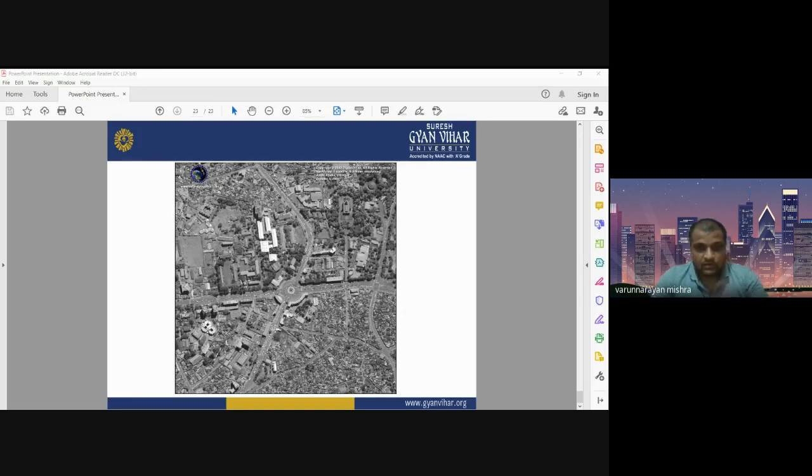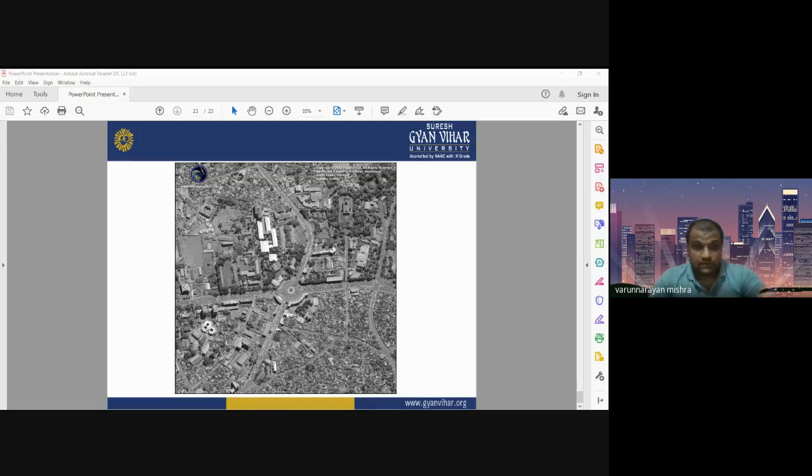So that's all about the topic of today's lecture, that is urban planning and urban mapping and the role of high resolution satellite images in urban planning and urban mapping. Today we have discussed different high resolution satellite images, their characteristics, their properties in terms of spatial resolution, spectral resolution, radiometric resolution, and their launching date.